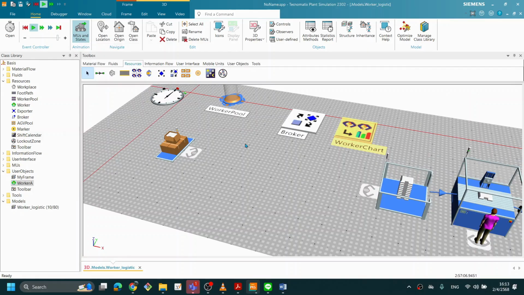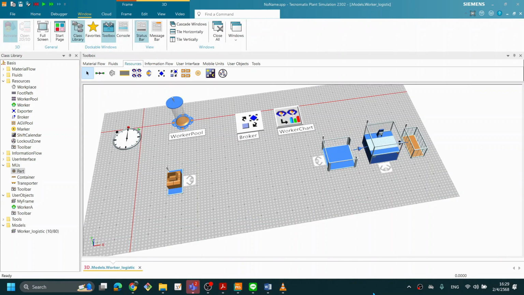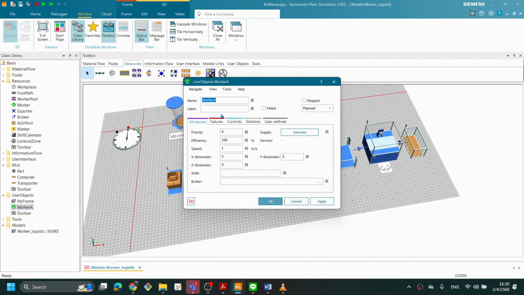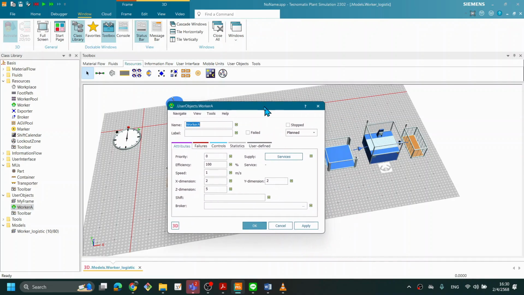Okay, I close it. Turn back. Right now I want to set up the animation. The animation is the area holding the workpieces by his hand. I'm going to double click on the worker A, right? The worker A,